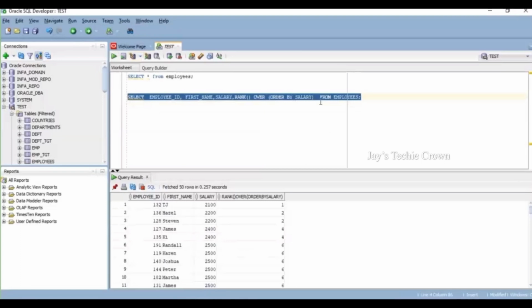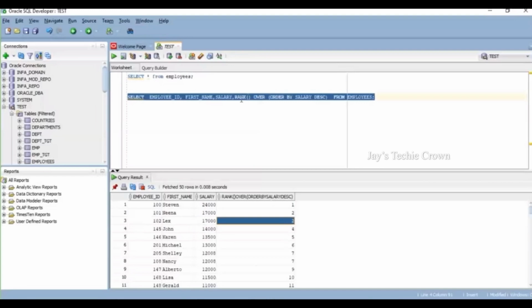If I go with descending, yeah, Stephen with employee ID 100 has the highest salary. You can note here that two persons are getting the same salary, 17,000: Nina and Lex, 101 and 102. Here you can see that both share the same rank, 2, 2. Once you find two with the same rank, you don't see the next rank 3. Now you understand how the rank function works.